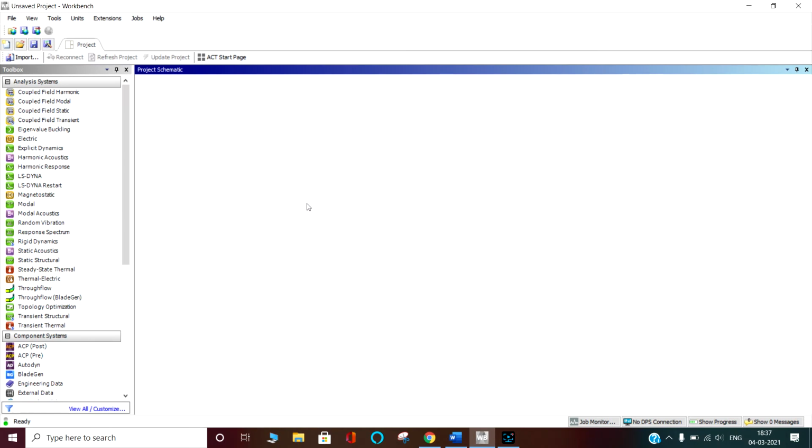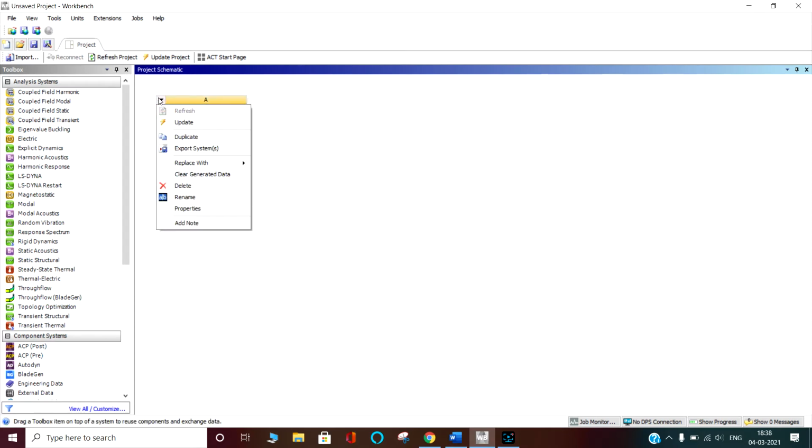So first, this is the ANSYS. Here we are taking the static structural system, capturing it and dropping it into the standalone system. When we are putting it here, we are naming it hydrostatic loading. We have kept the file name here. You can change the file name by clicking here, where there is the option called rename. Here you can rename the file.